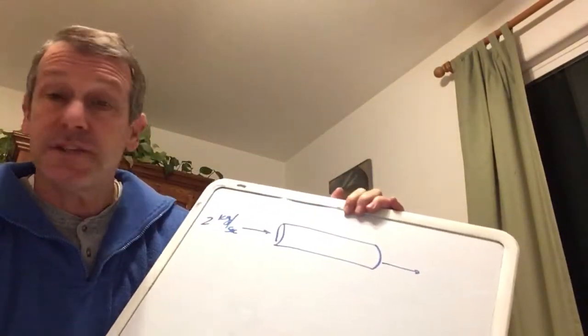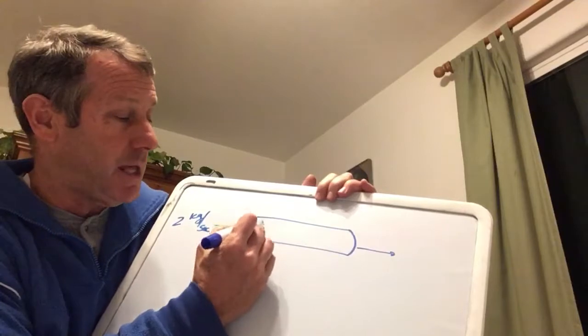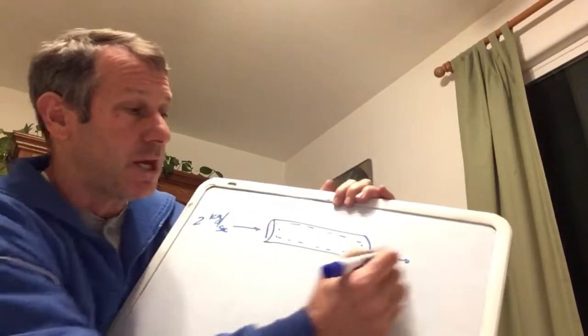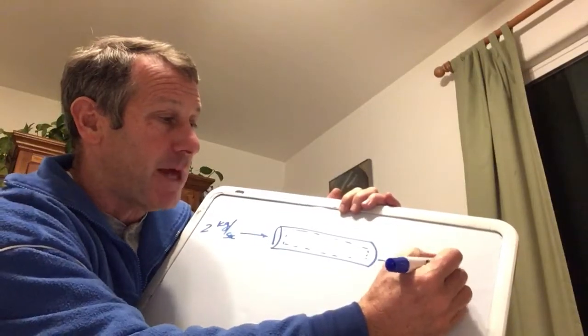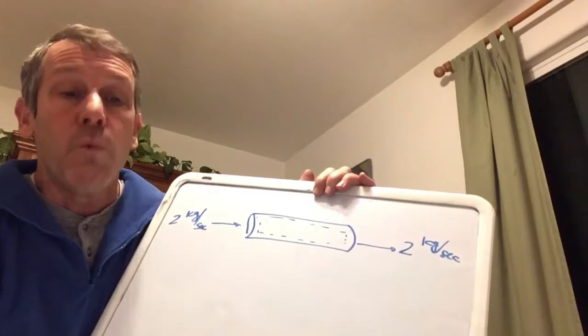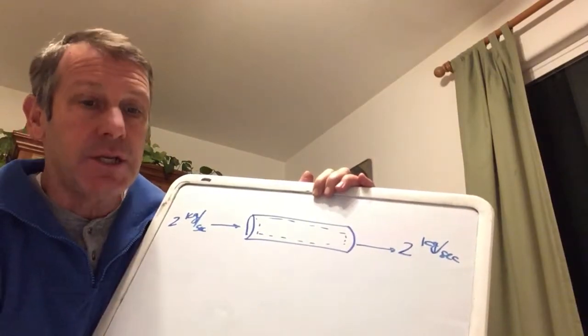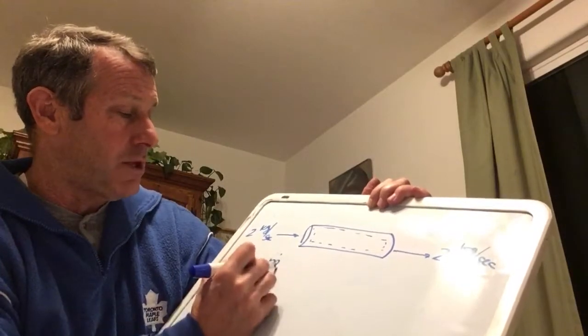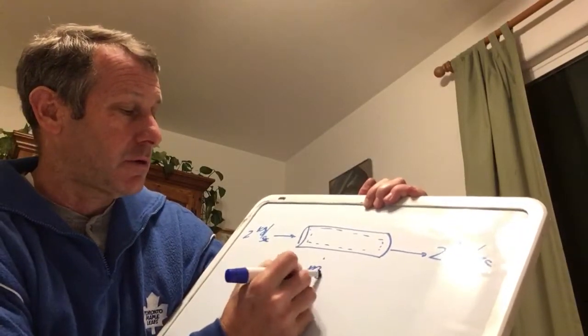Well, if it's at steady state, the amount of mass within that system cannot be changing, so it's got to be 2 kilograms per second out. Mass in and mass out have to be the same. Okay, we already knew that. What, in addition, becomes helpful is to write the equation